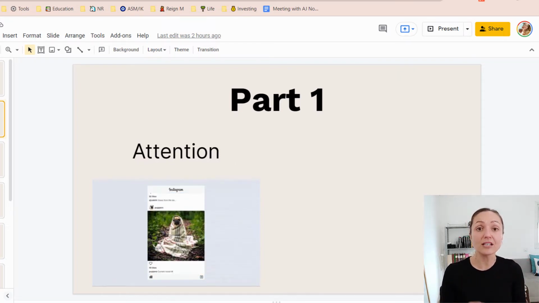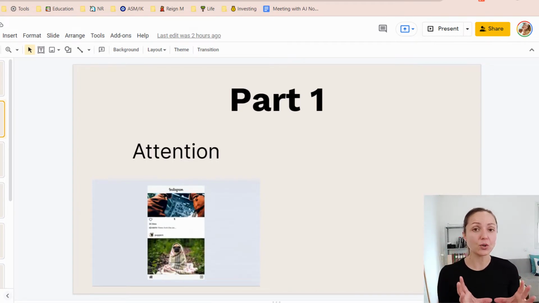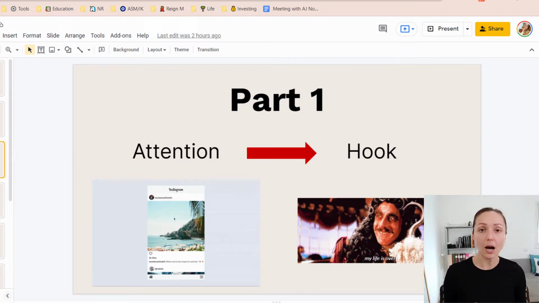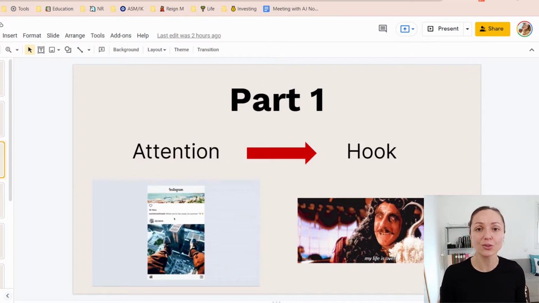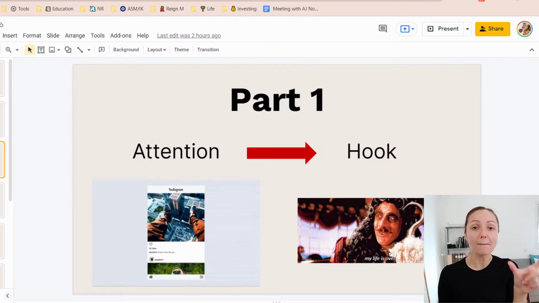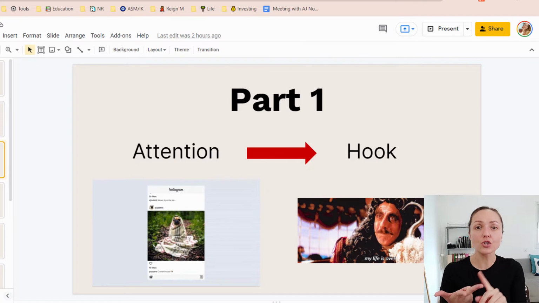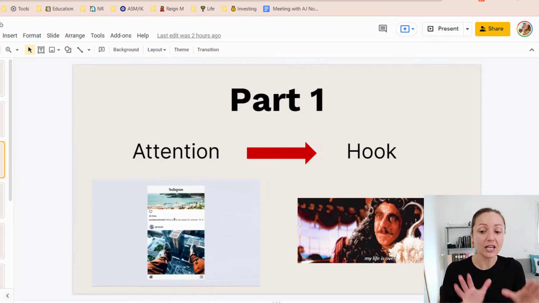The first element is obviously the creative, the image or the video that you're going to put there. We're going to discuss that in a different video, but the other part of doing that is that first line of copy in your ad, what we in marketing and in copywriting like to call the hook, right? I heard one of my favorite marketers, Julie Stone, explain this as the pickup line, meaning your first line within your ad has to be different, controversial, curiosity-based, something that will make your prospect stop and want to read the rest of your ad. That's the only job of the first line in your ad.